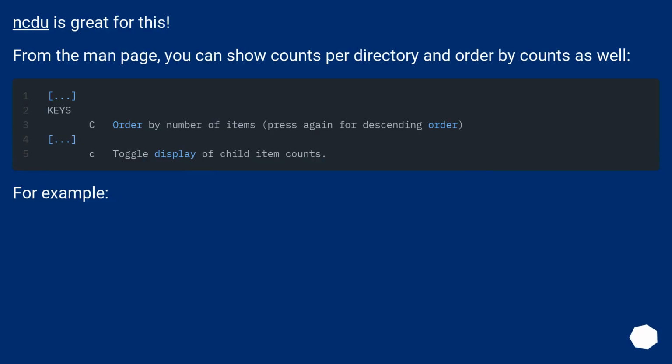ncdu is great for this. From the man page, you can show counts per directory and order by counts as well. For example,